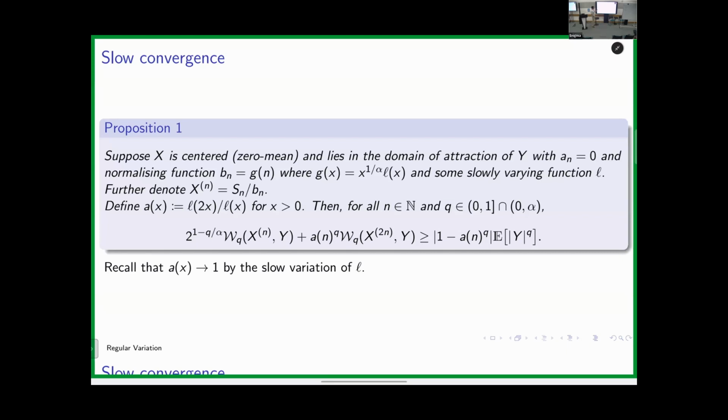Now, if I have a proper slowly varying function, then this thing here is just a constant, not blowing up. And this other thing here also converges to a constant. I will have the sum of 2 distances. So the distance from x at, let's say, time n, for the approximation at the level n, and the approximation at level 2n, the sum of these 2 distances is lower bounded by some q moment that does not depend on little n, and the only dependence on n is in this thing. Okay, which we know goes to 0. What we have, because we have slow variation, so it makes sense. I mean, it's not contradicting anything.